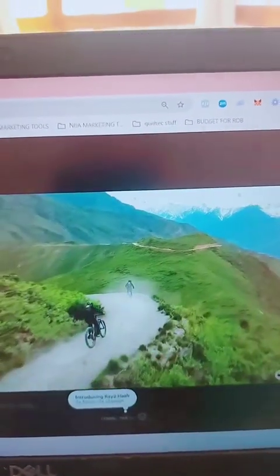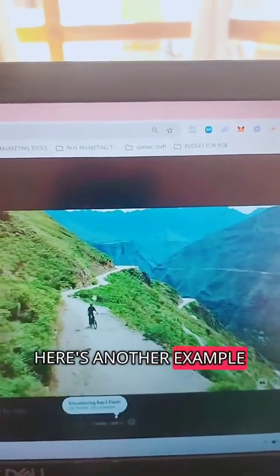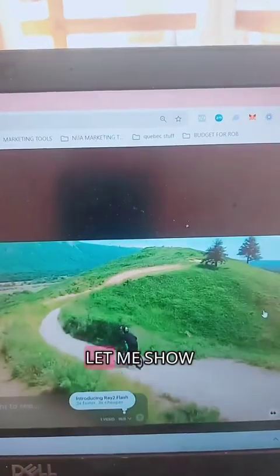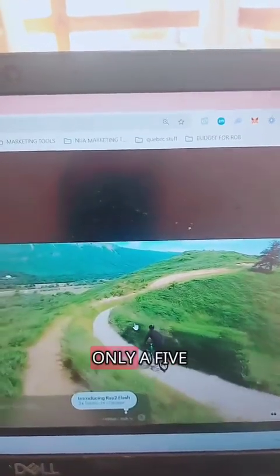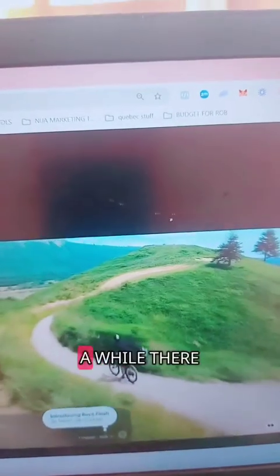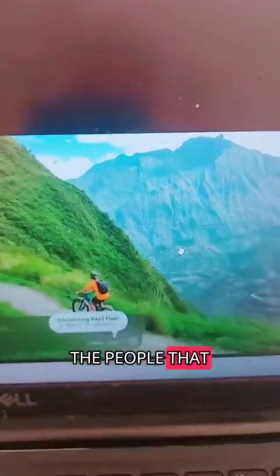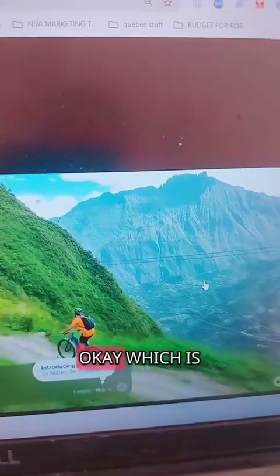Okay, and here's another example, and here's another example. Let me show you some more. Now this is only a 5-second clip, and you can see here that it looks almost perfect. Every once in a while there will be a weird glitch that you'll see that it won't be quite perfect, but 99% of the people that watch these clips can't tell that it was generated by AI, okay, which is pretty cool.